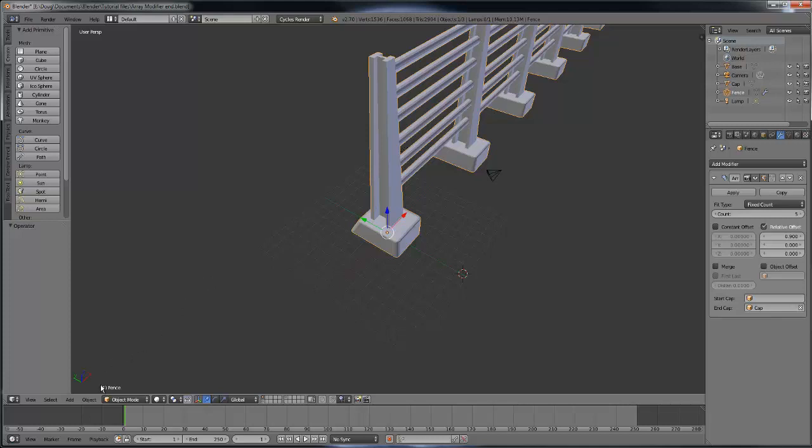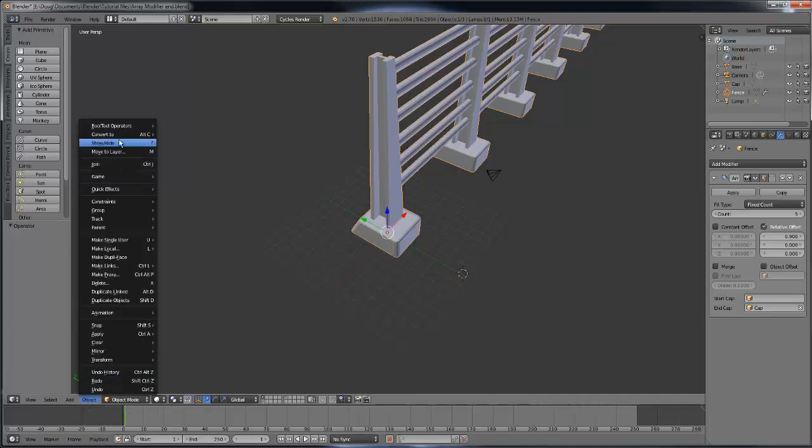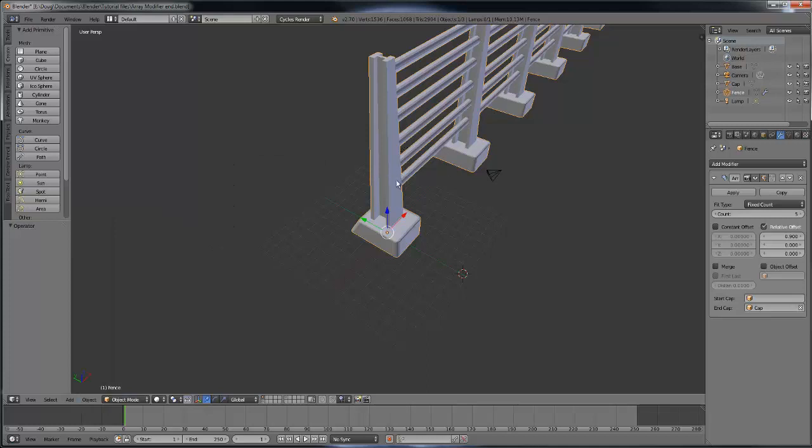All we need to do is have our fence selected and go object and up the top show hide selected, or we can always just press H, which is so much easier. So I'm going to do that. I'm going to press H,